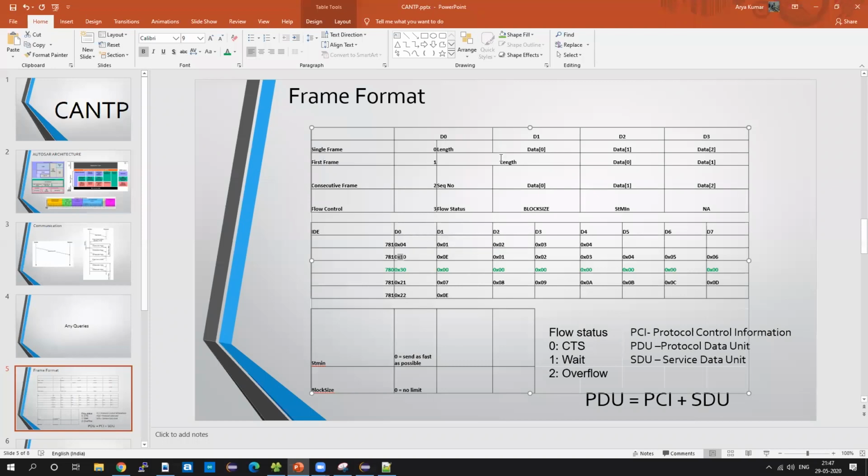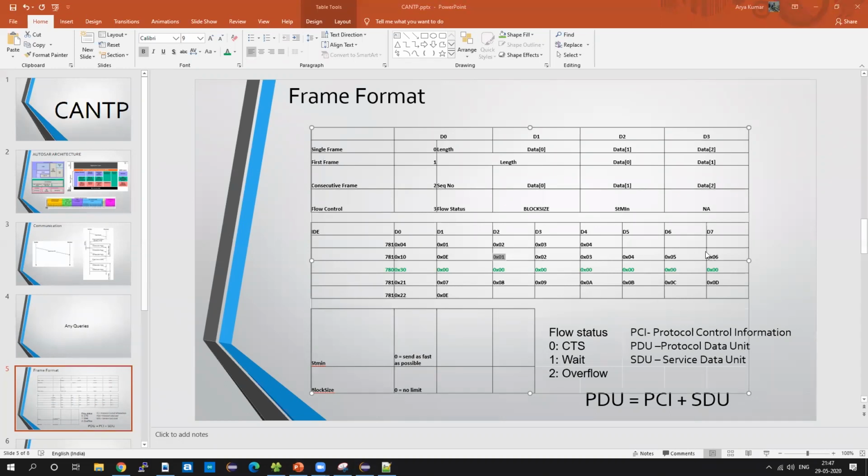Then we have the 4 bits of D0 and the 8 bits of D1 holding the length. The length is 0 0e, which shows we are sending 15 bytes of data. After the length, the data will continue: 0x01 5 6 up to 6.